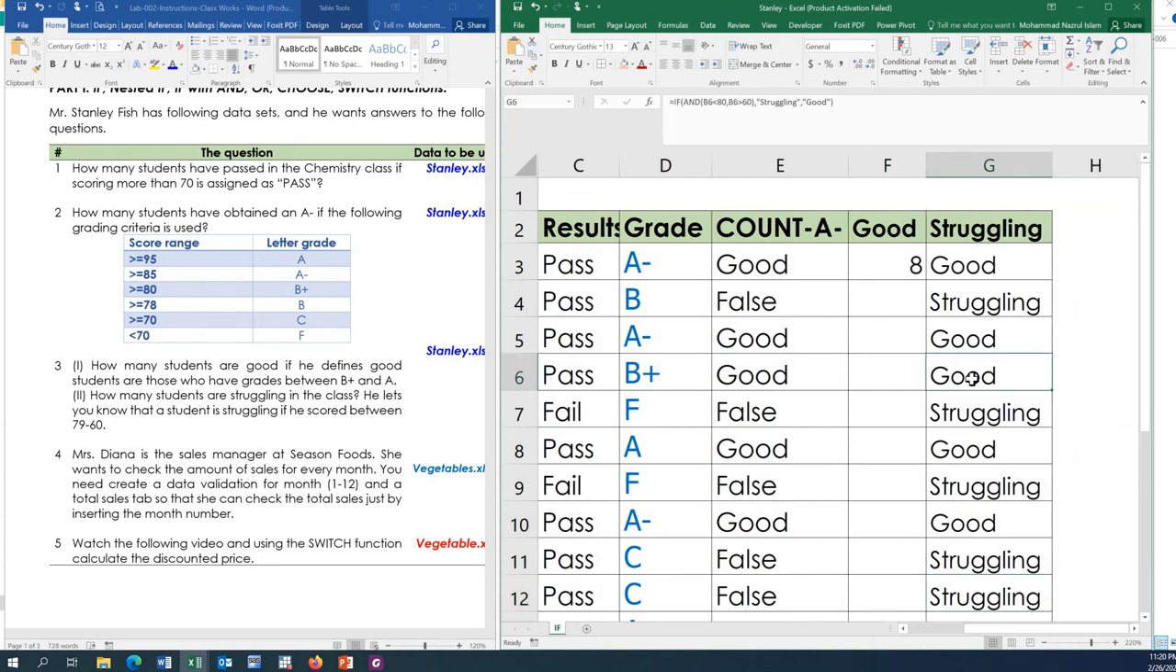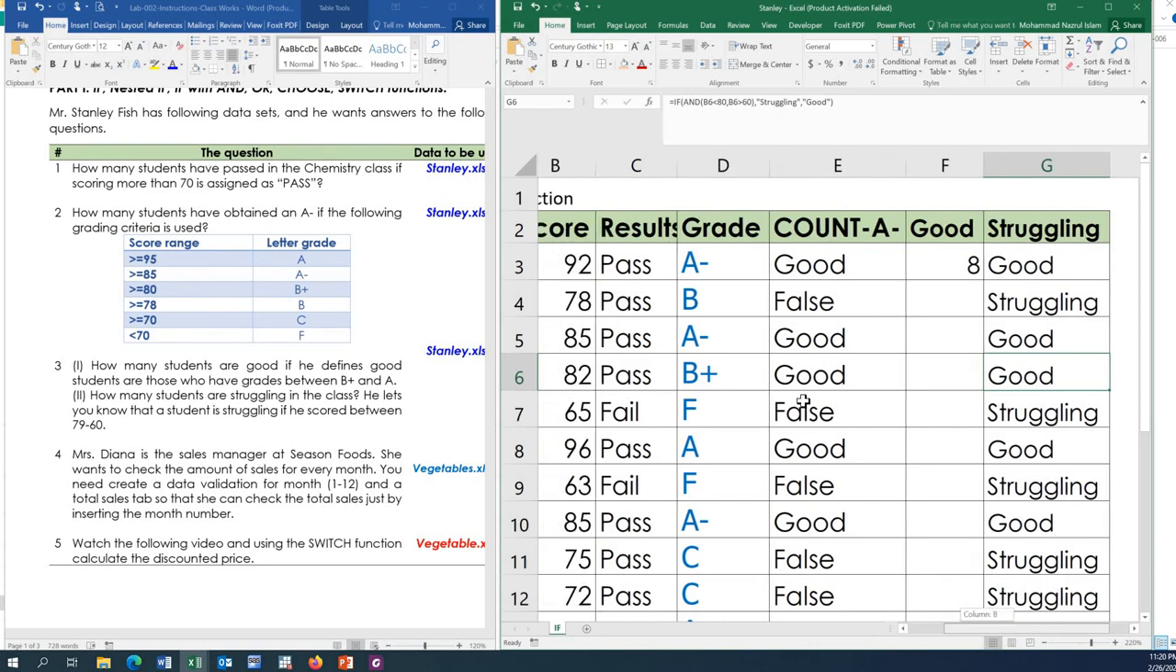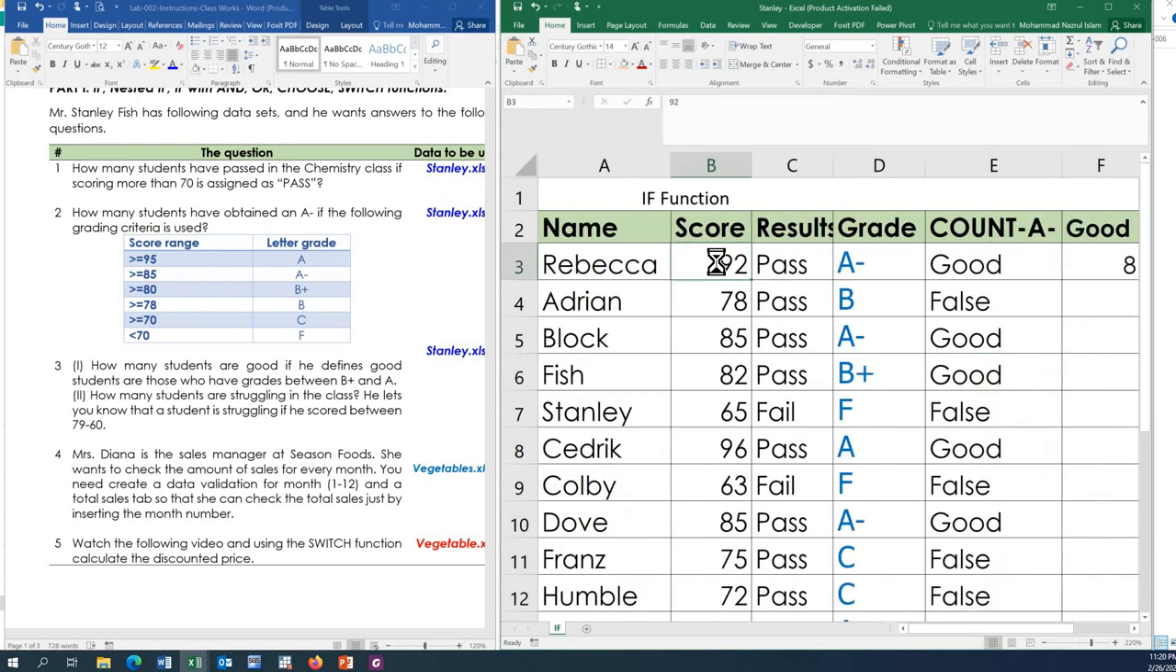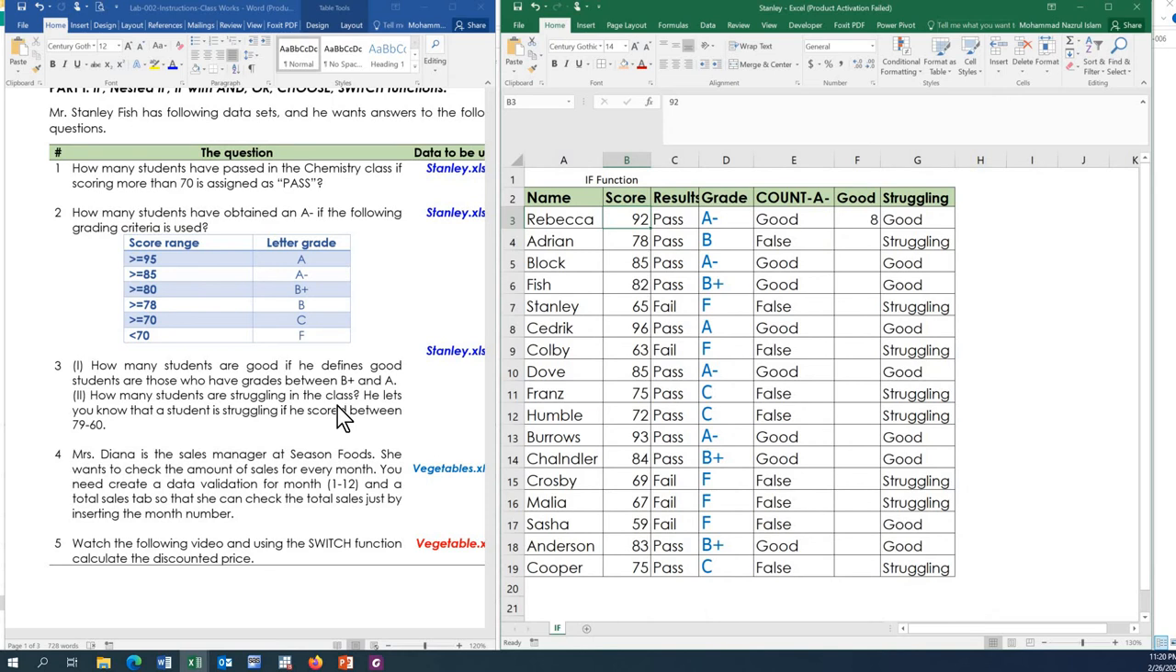Okay, so you can use the COUNTIF function. Okay, so this is the answer. And now